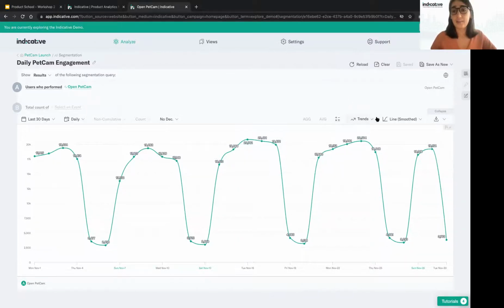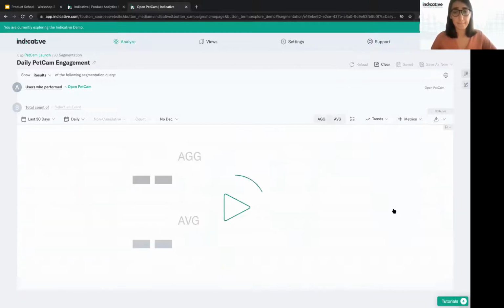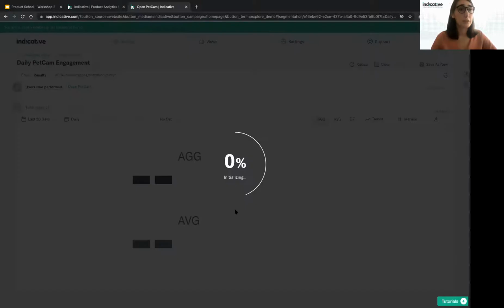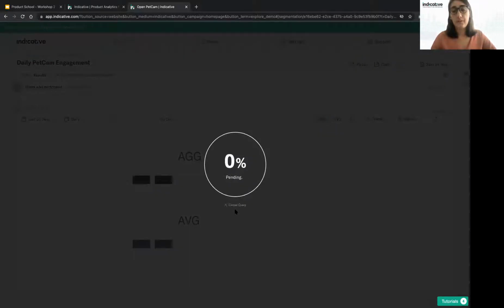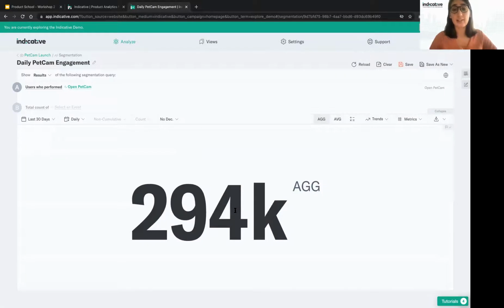For that, I'm going to change this chart type. Currently we're looking at a line chart that's smoothed out. I'm going to want to change this to a metric. And I only want to look at the aggregate. I just want to look at the monthly active users. And so here, now we will see how many unique users opened the PetCam within the last 30 days. We can see it's